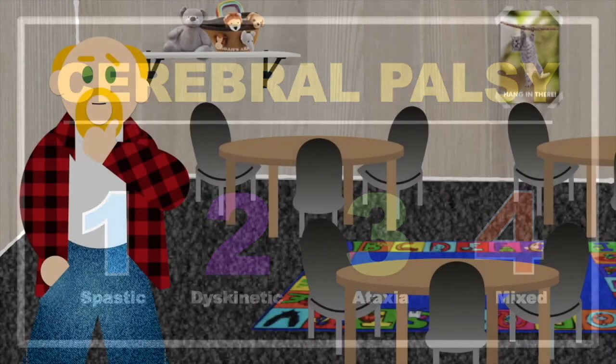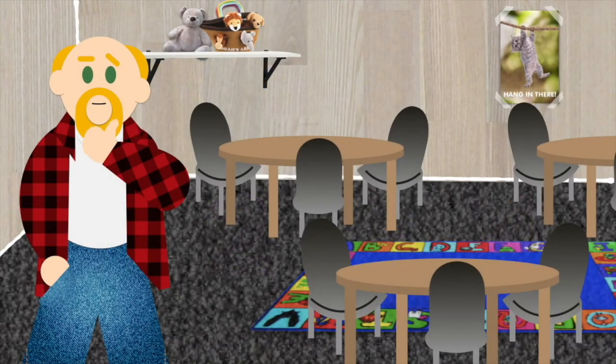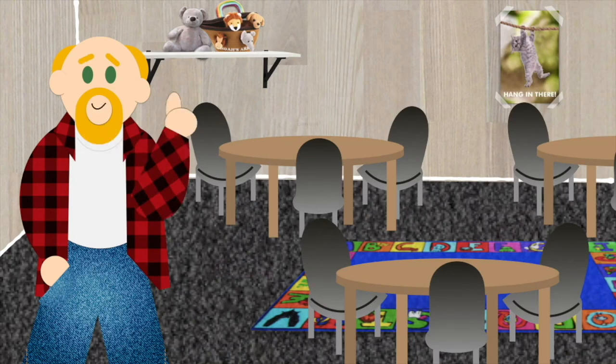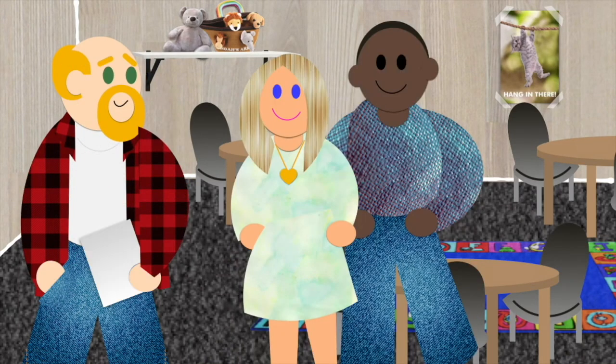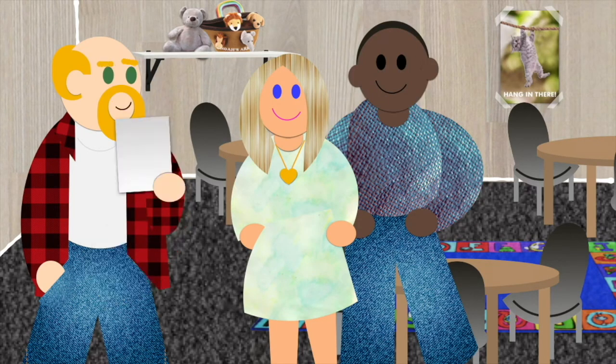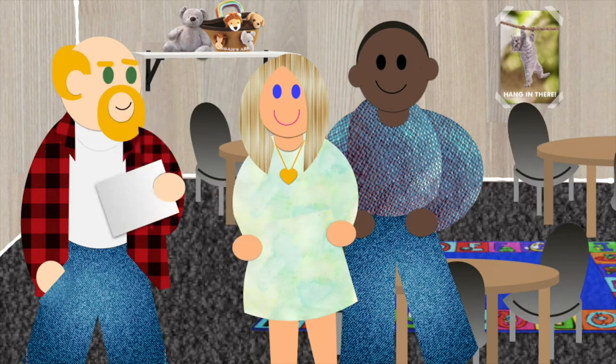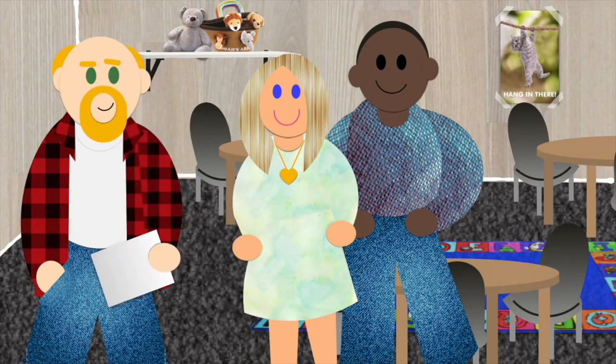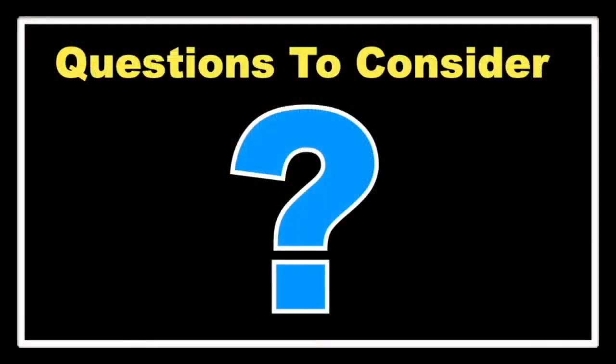So now that you know what cerebral palsy is, how will you know how it affects your student? Well, you guessed it. You ask. Invite the family to tell you more about their child. Have a list of questions ready that will help guide your conversation, and while it may feel uncomfortable to ask personal questions, it matters because not having all the information can lead to safety issues. So what should you ask? Well, here's some questions to consider.